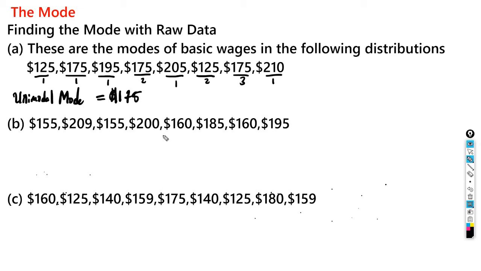All right, guys. Let's look at the second one. It says the same thing. We need to find the mode of this distribution, and I see one 155, another 155 here. Then I see one 209, and I'm not seeing another 209. I see one 200, one 160, two 160s actually, and then one 185 and one 195. So in this case, we have a bimodal distribution,